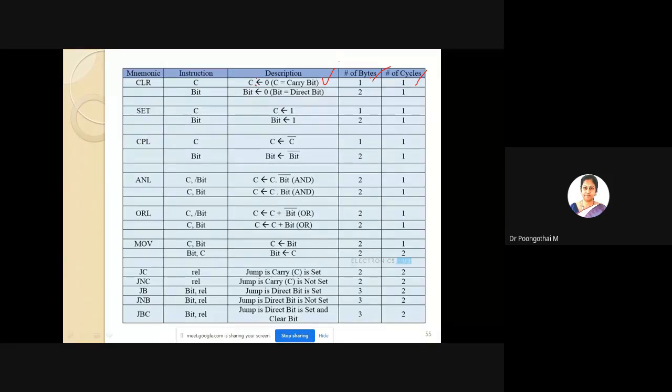Next one, clear bit. So what is the meaning of bit here? What does it represent? Any idea?